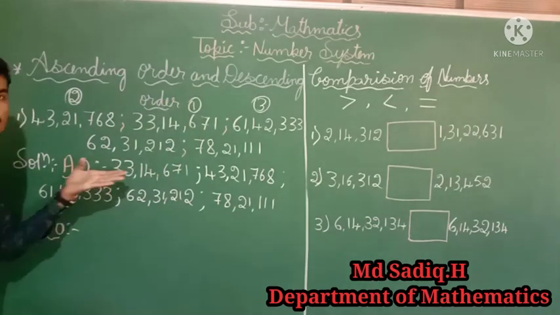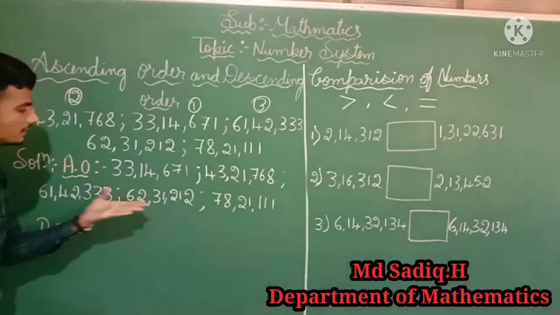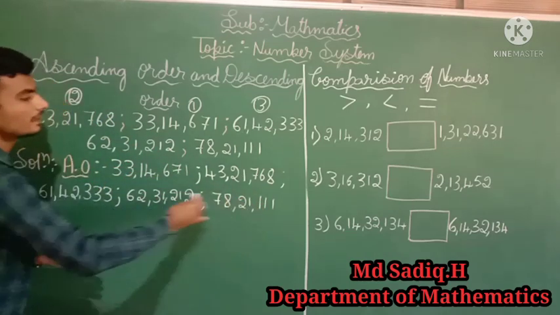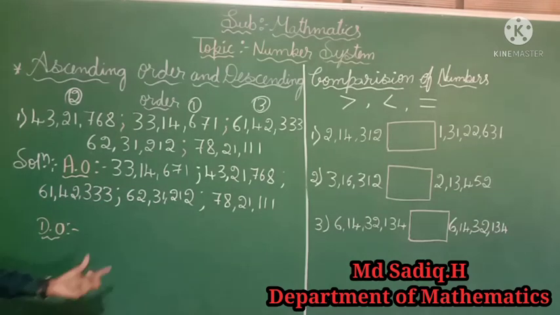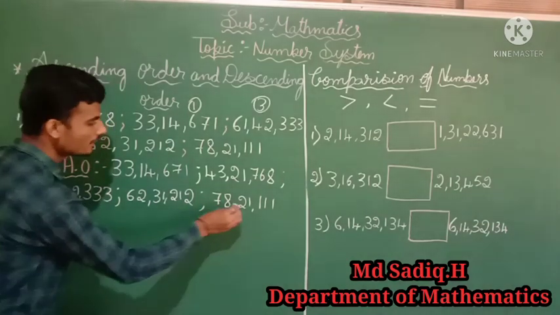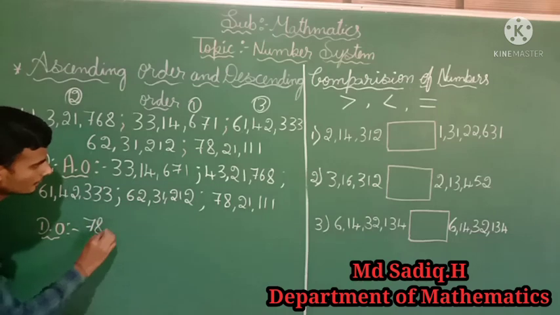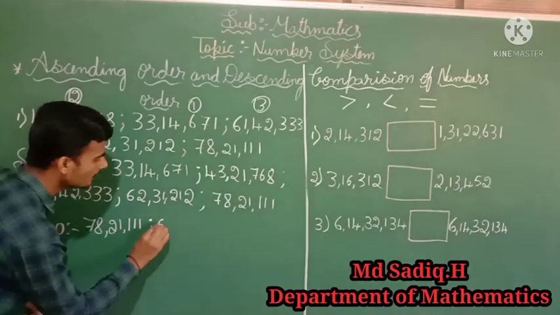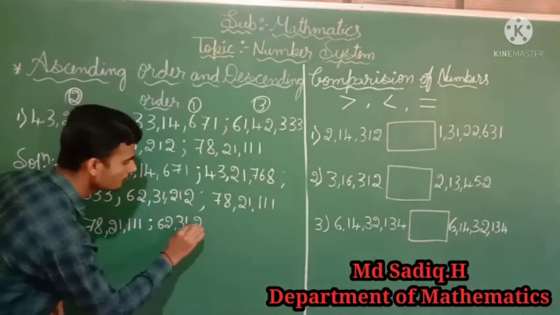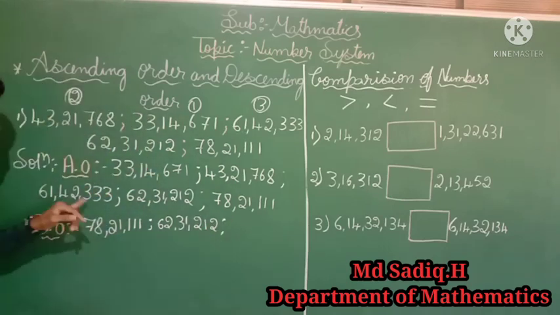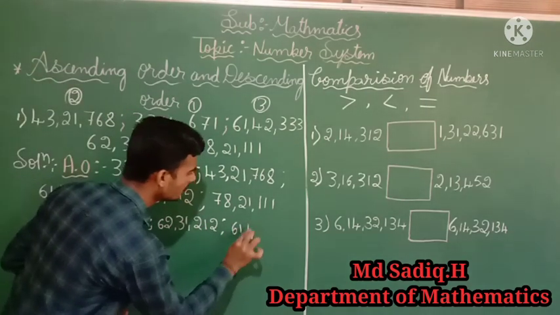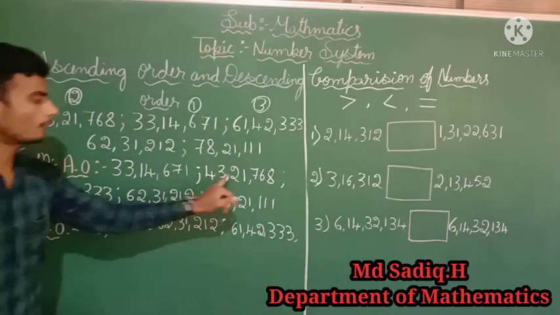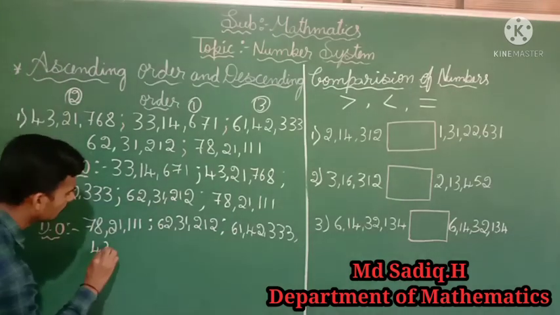Now we have written in ascending order. What we have written in this ascending order, we have to write in reverse order. That itself is descending order. Now let us write here first 78 lakh 21,111. After this 62 lakh 31,212. Next 61 lakh 42,333. Next 43 lakh